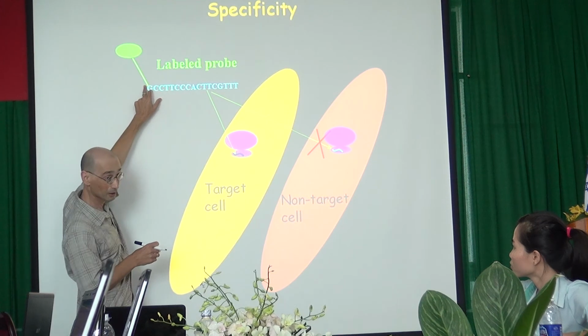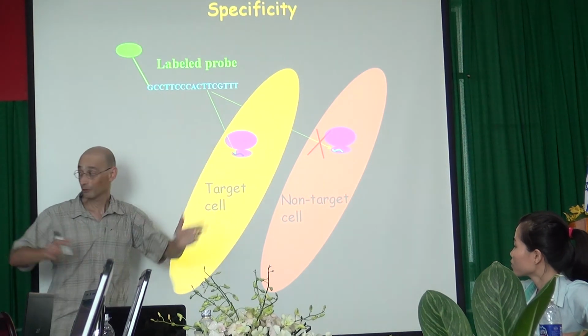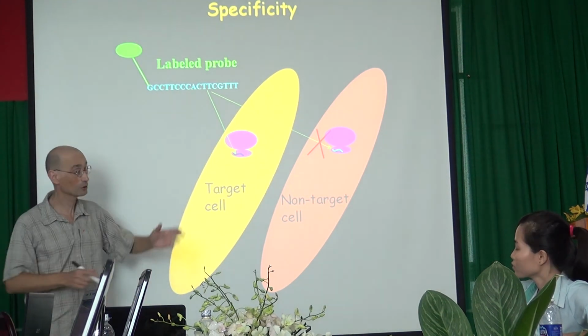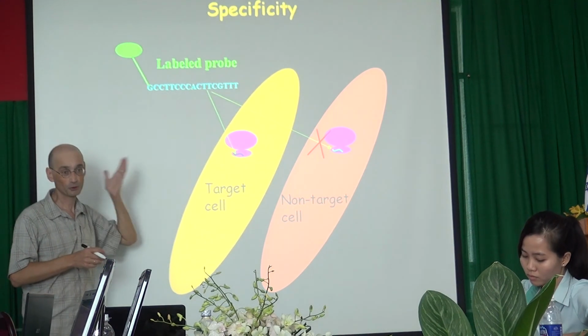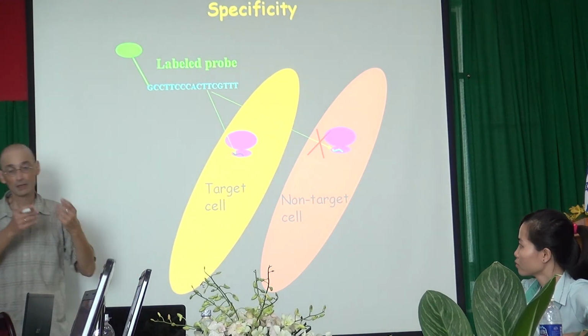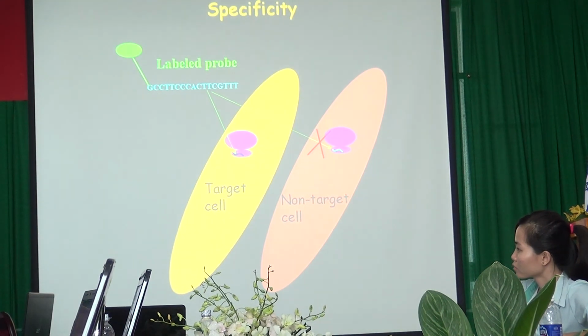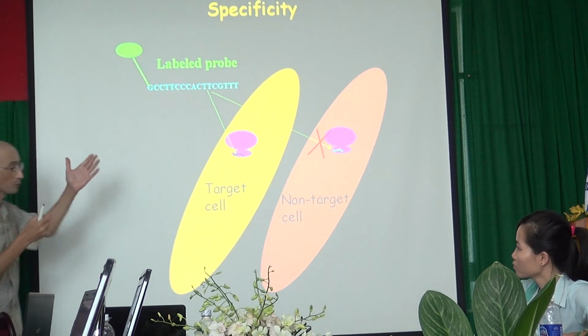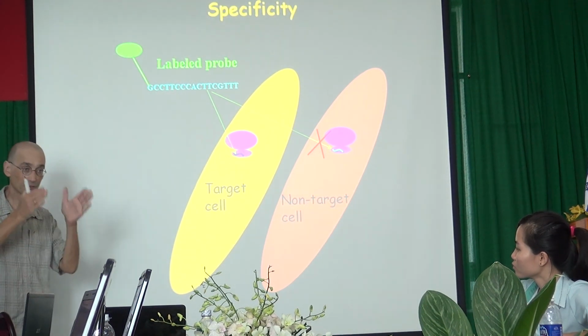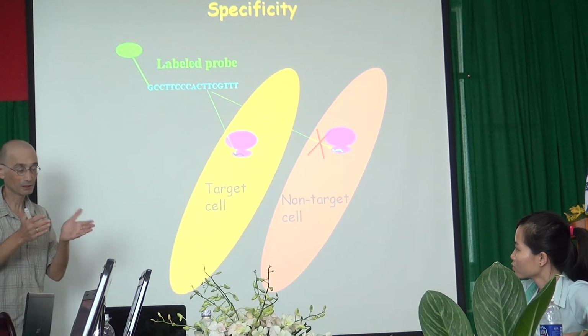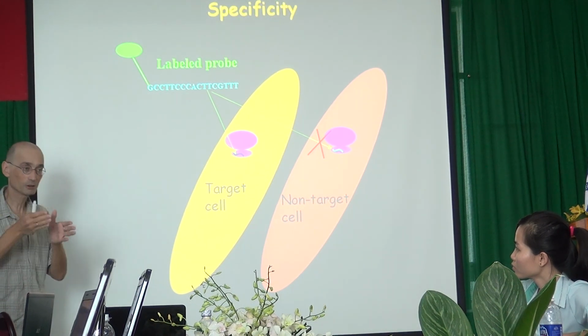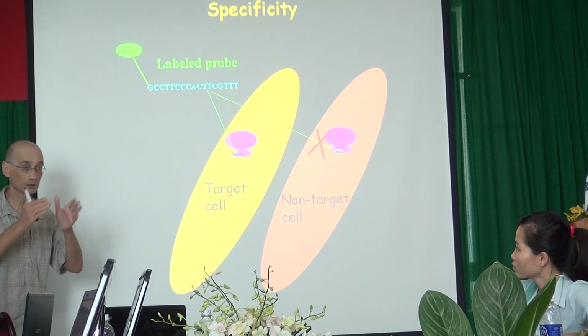You will use another color. So if you use, let's say, the green color for the general population, you will use the red color for the specific population. And this probe will hybridize in a specific location of the 16S, which is more specific to bacillus. You will have here the second color. So when you look in the microscope, you will look in the green field, and you will see all the bacteria. And then you change your filter, and you look in the red field, and then you see only the bacillus, and then you can